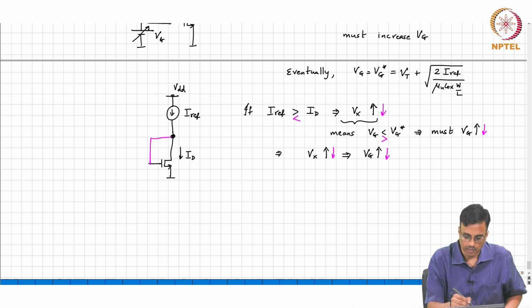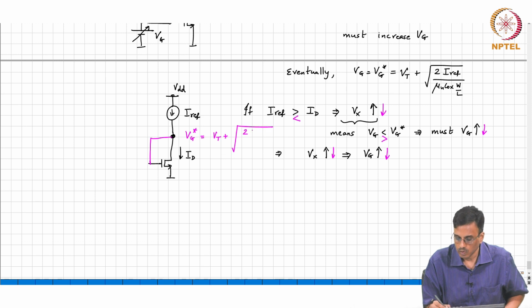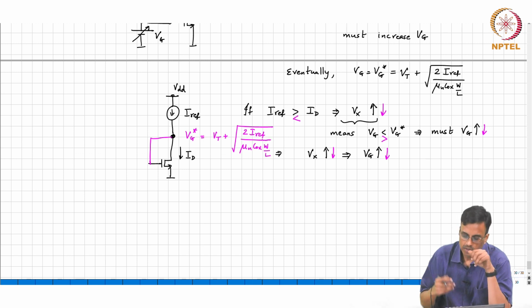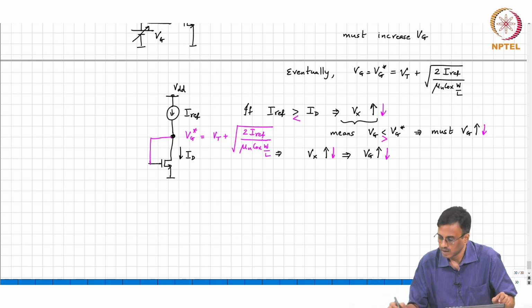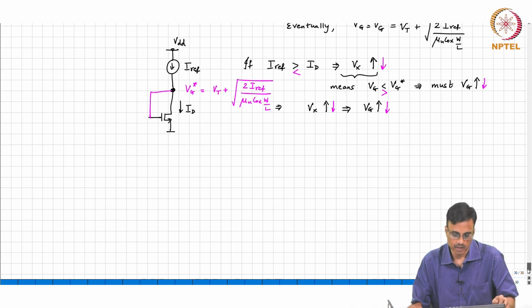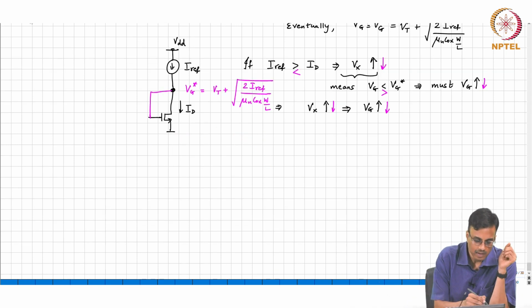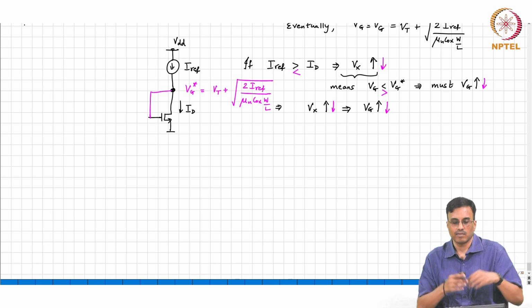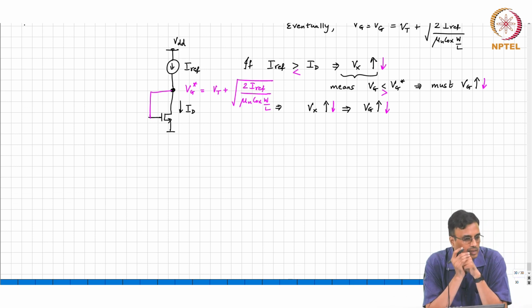So, this voltage therefore is Vg star, which is Vt plus square root of 2 I ref by mu n C ox W by L. Okay. So, now that we have found the Vg star, if we are on an integrated circuit, then it so turns out that if you make